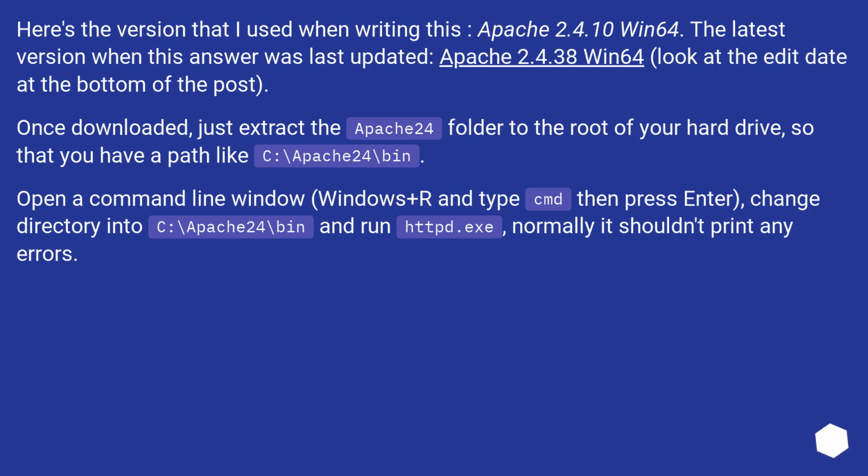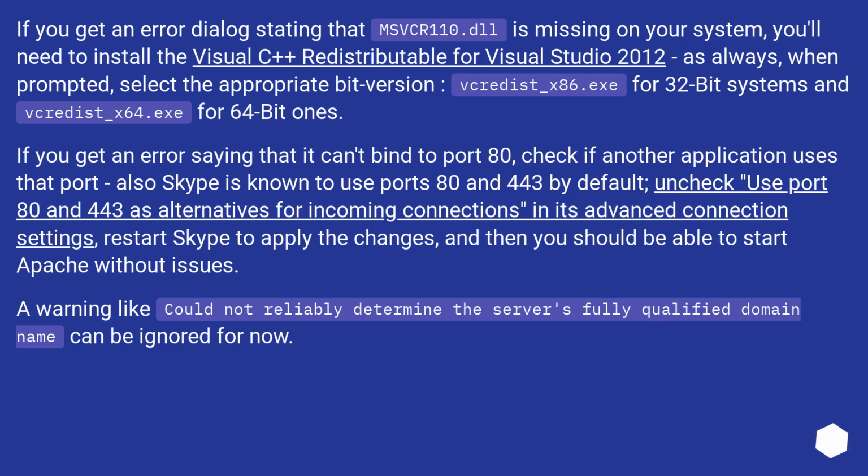Open a command line window, Windows+R and type cmd, then press enter. Change directory into /Apache24/bin and run httpd.exe. Normally it shouldn't print any errors. If you get an error dialog stating that